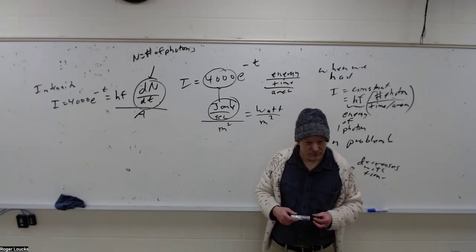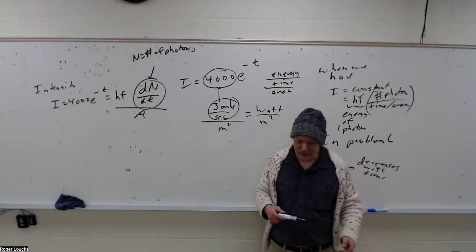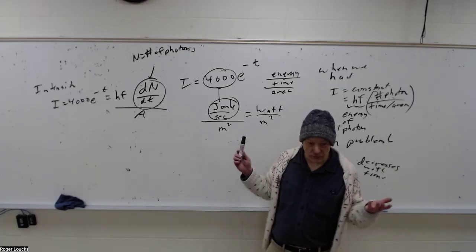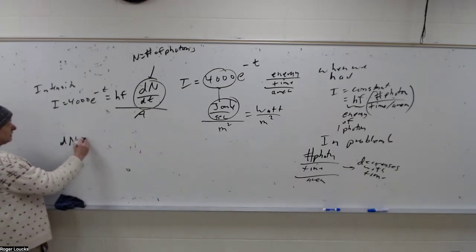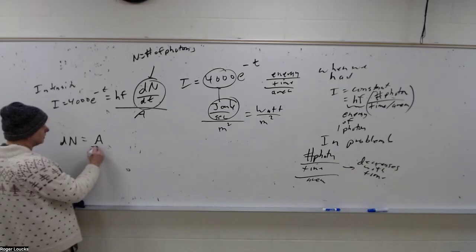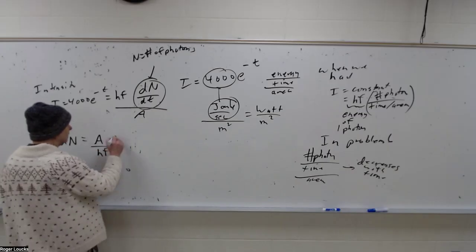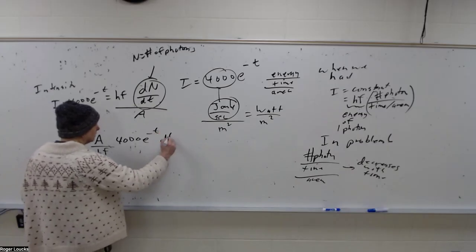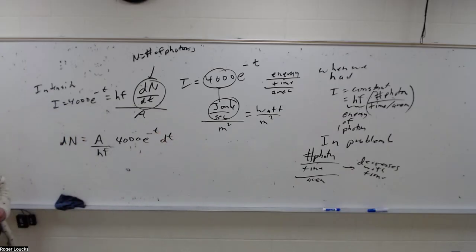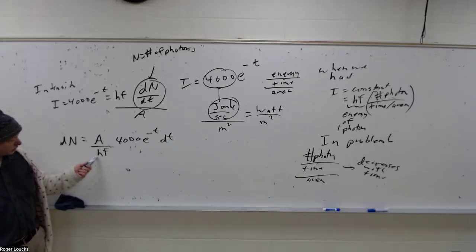Integrate the TL. You're gonna solve for the dn. So your dn is gonna be what? It's gonna be your A, here's your HF, here's your 4,000, e to the minus t, dt like that. And then what do you have to do then? Integrate this. Now you're gonna have to be careful, making certain that this unit is gonna be in